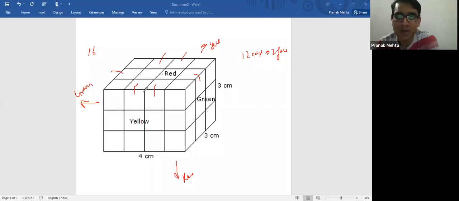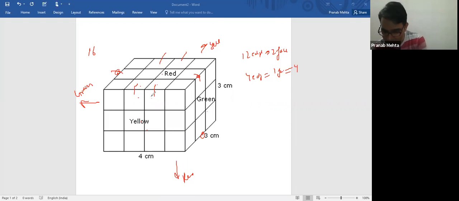Let us first understand how many edges have a single cube. This has one cube, one edge, two edges, three edges, and four edges. So out of 12 edges, 4 edges give only one cube, with two faces painted. So 4 into 1 gives me 4. Now from here I'm getting two faces painted, 1, 2. And remember, they are not talking about colors. They are just talking about how many of the small cubes will have only two faces colored.